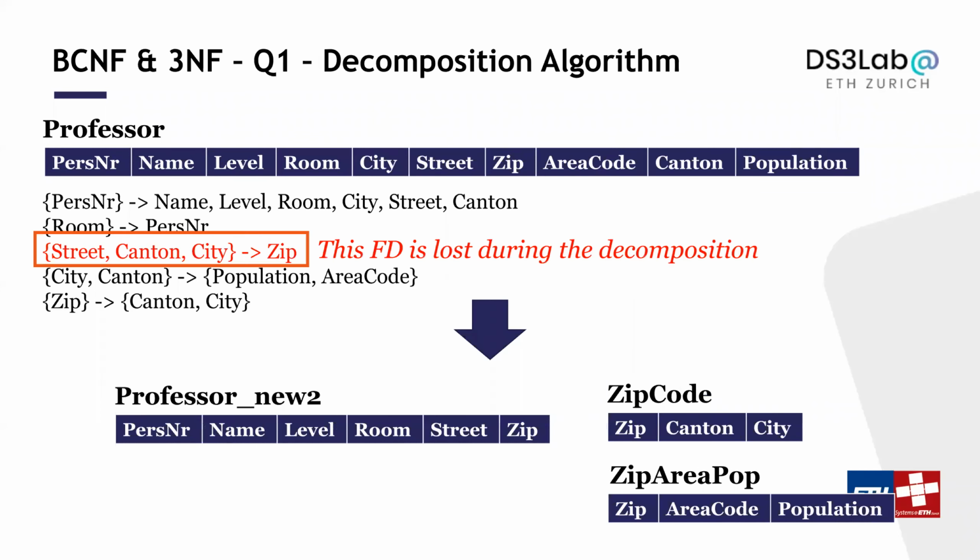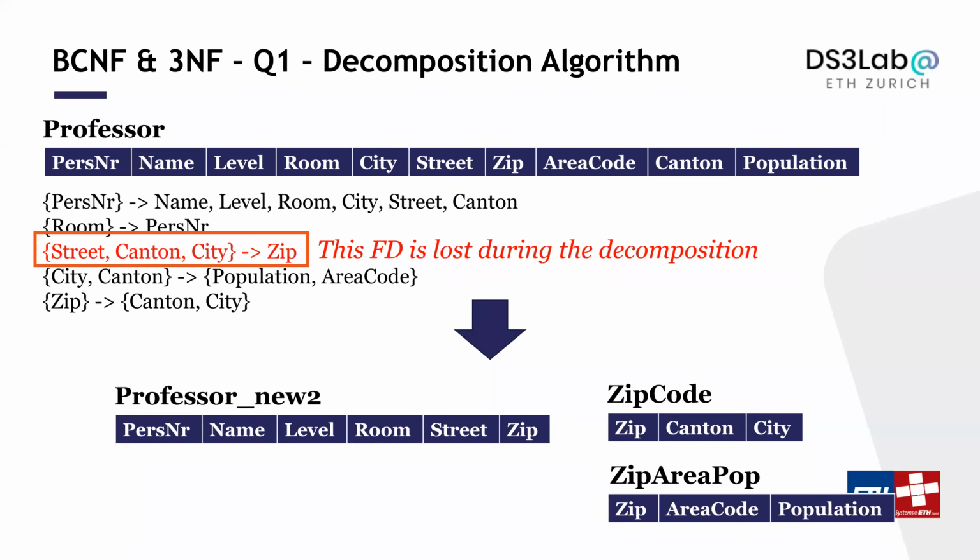Another thing that's interesting about BCNF is this functional dependency: from street, city to zip code. We have this functional dependency in my input. But after the decomposition, as you can see, these functional dependencies get lost. Why? Because I can only enforce a functional dependency at the relation level. And these attributes, the street, the city, the zip code, do not appear together in my